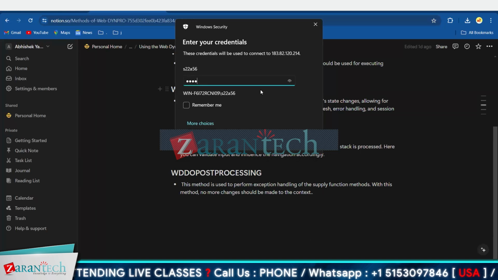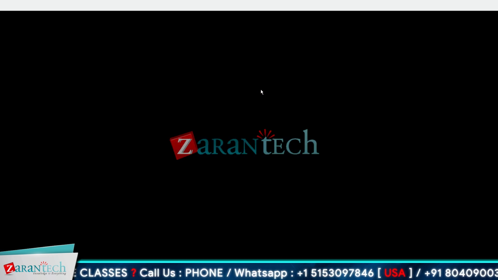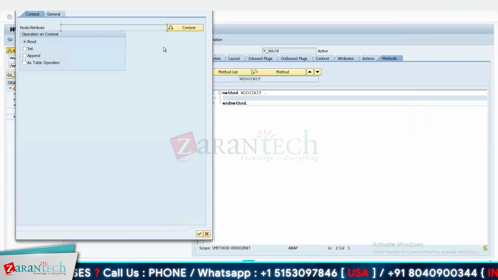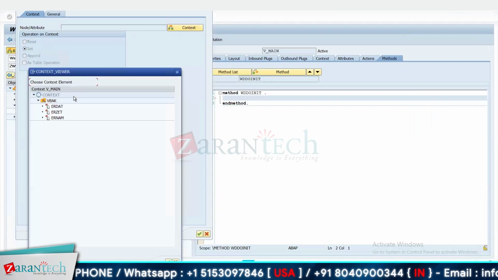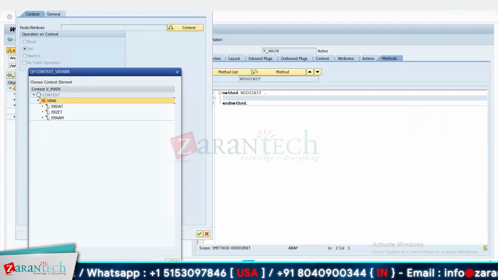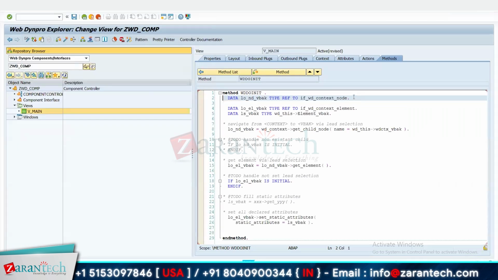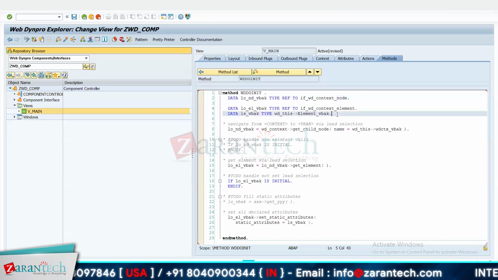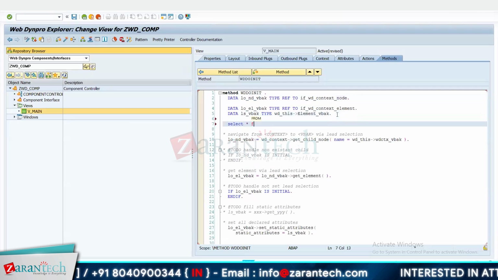Let me go again and connect it. Firstly, we will be using this set operation. And here what we will be doing is select star from,